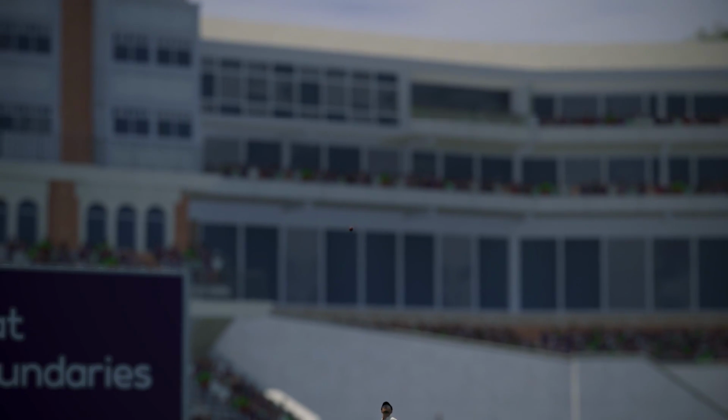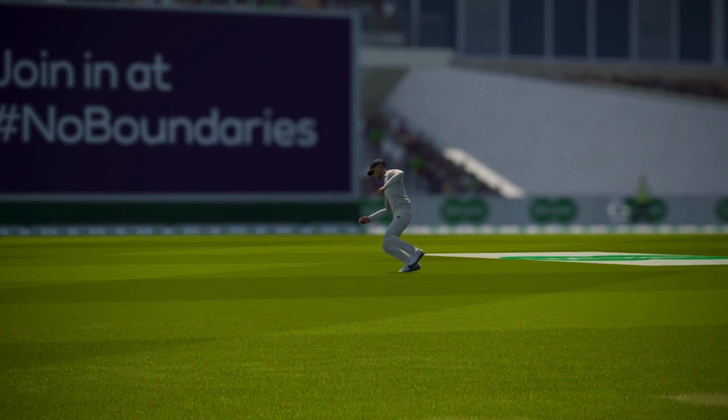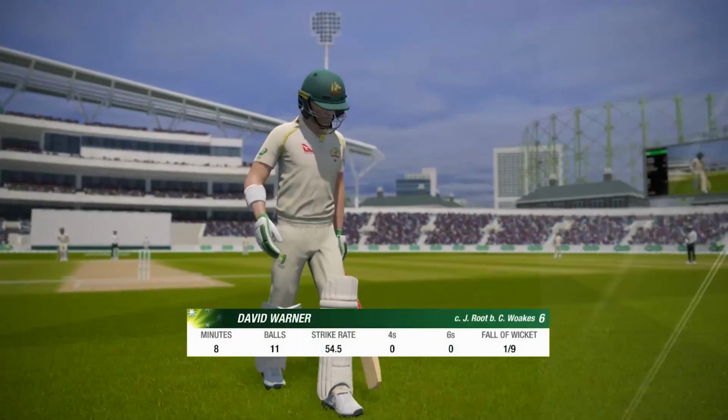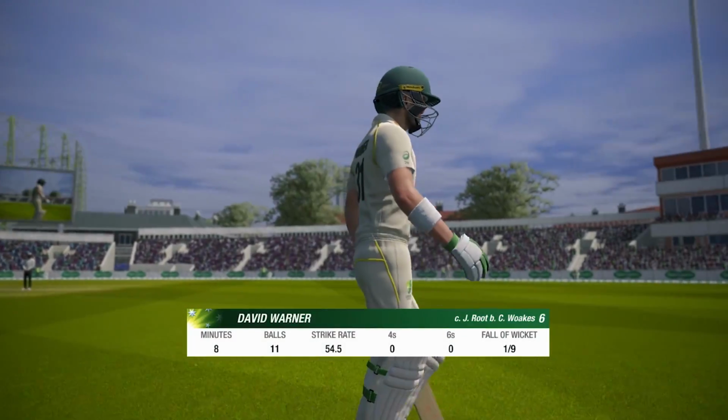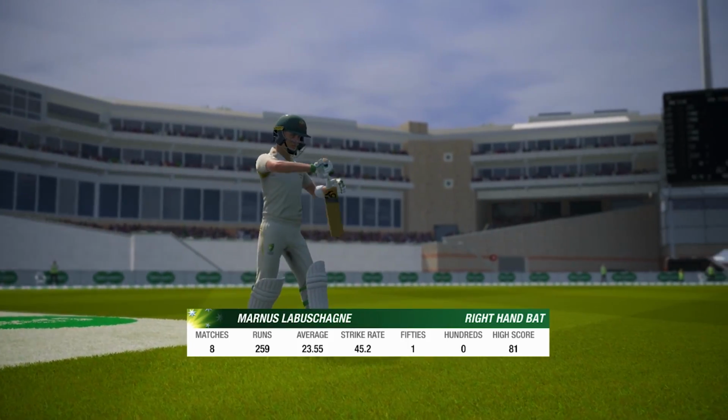But they'll be pretty happy with that, England. It's just floating in the air. Pretty simple catch in the end. But he had to make up a lot of ground to get there. So well done to Joe Root. He takes the catch. Warner goes for 6. Australia 1 for 9. Marnus